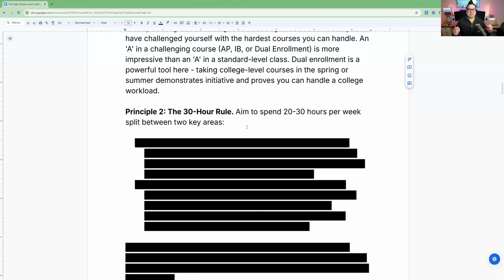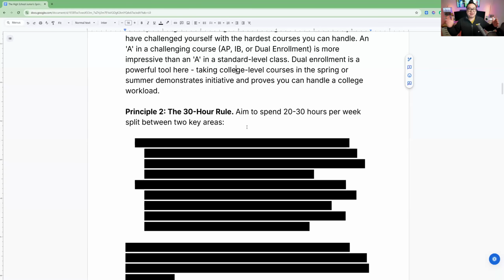20, 30 hours of activities. First off, people think of activities as what did I do, which, yes, you probably counted sports, summer programs, internships, volunteering. These are all activities. But you can also consider activities as how you spend your time. If you have hobbies, that counts as activity hours. If you have responsibilities, like taking care of a sibling or grandparents, that's also an activity. So activities is how you spend your time rather than just what you did.